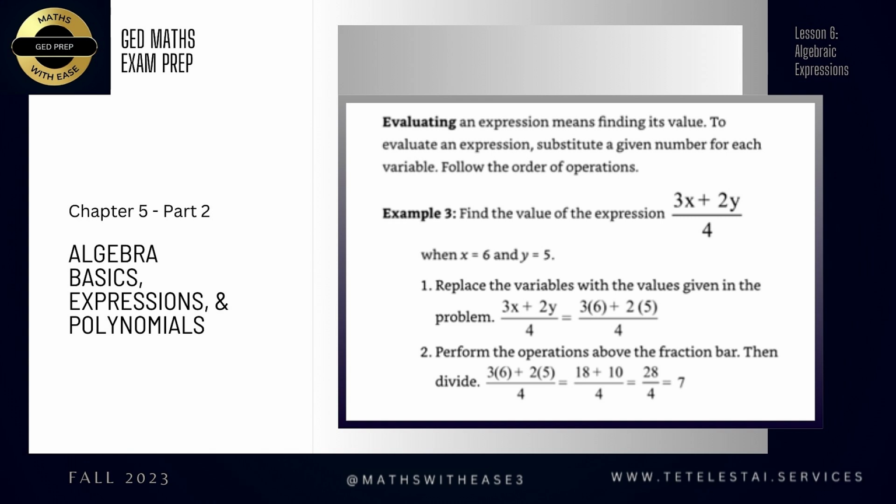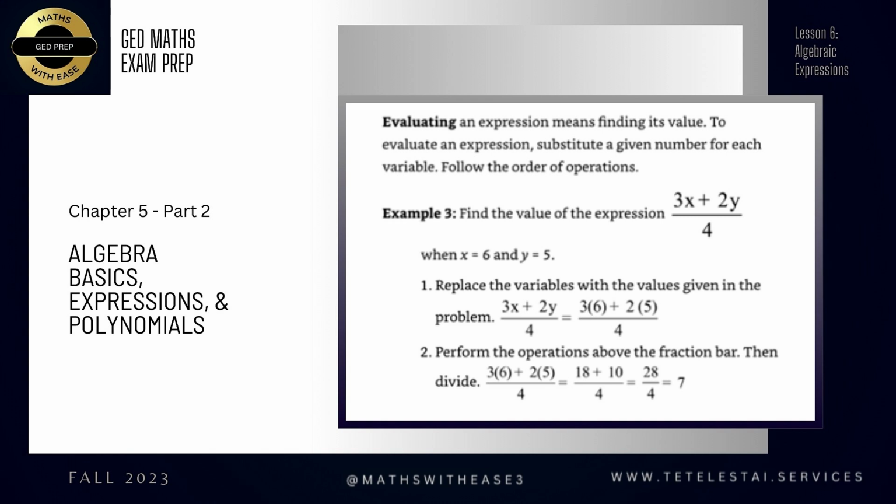that with 5. And then again, going back to our order of operations, we know that with the division, we have to work on everything above first and then go to whatever is below, right? So 3 times 6 is 18, 2 times 5 is 10, 18 plus 10 is 28. So we have our numerator, and then our denominator is 4, and we would simply divide 28 by 4, and